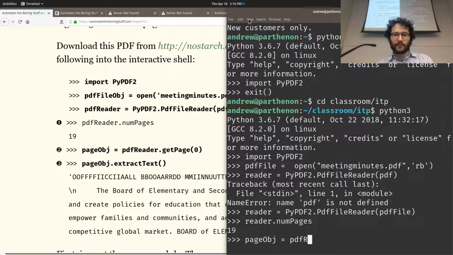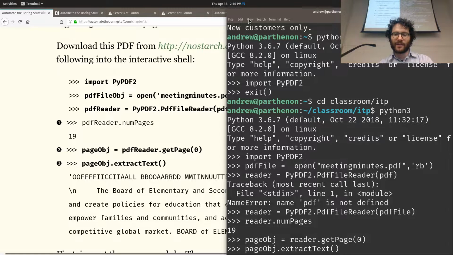So the page object is reader.getPage(0), which will get the first page. And now if I go ahead and say pageObject.extractText()